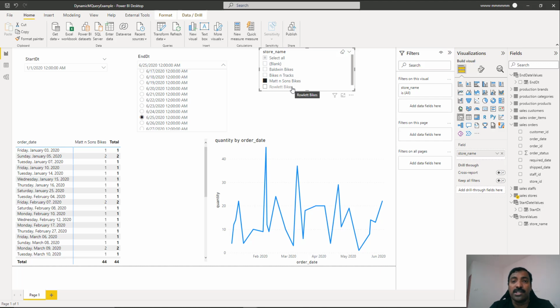So this illustration shows how you can create these dynamic M query parameters inside your Power Query, how you can bind these parameters to tables that you create inside your Power BI model, and then you can use those tables as slicers within your report, so that as you select the slicers, the corresponding parameter values will get passed to your M query, and through the M query it will directly pass it to the source and filter the data that is coming